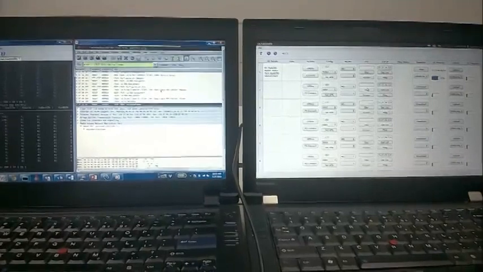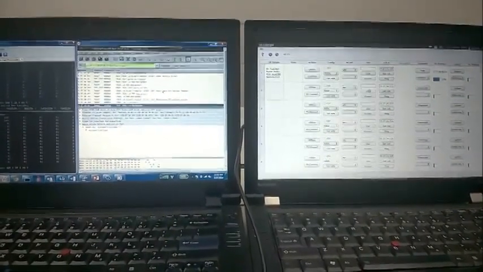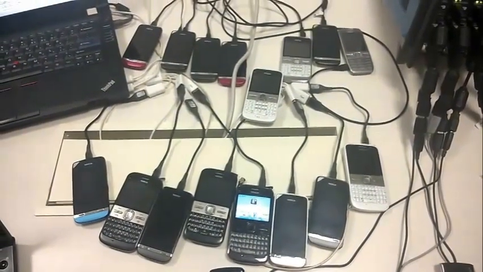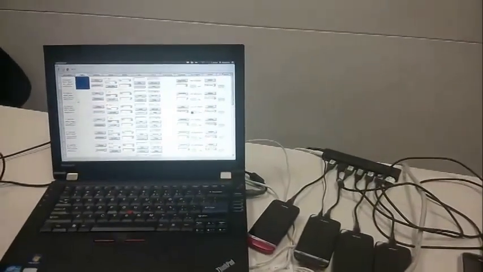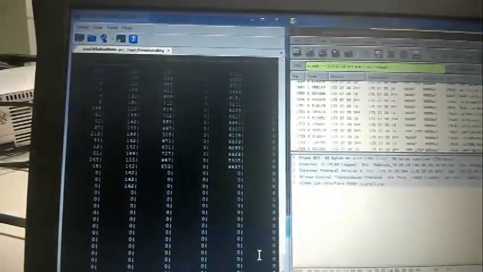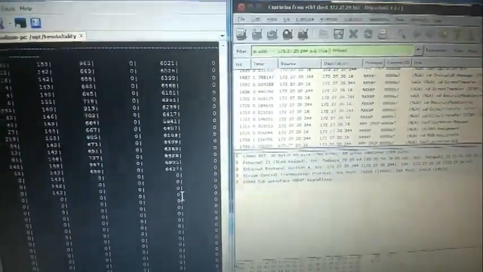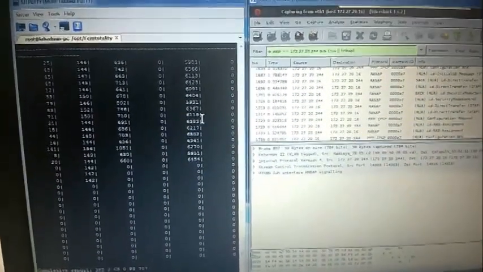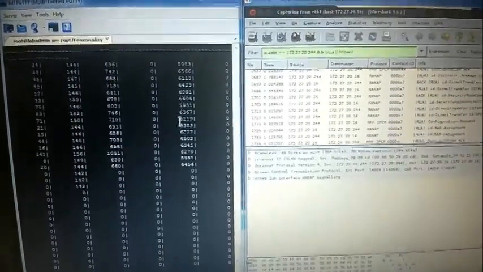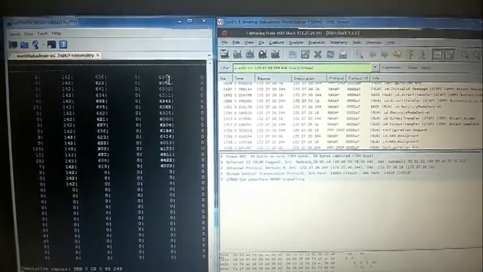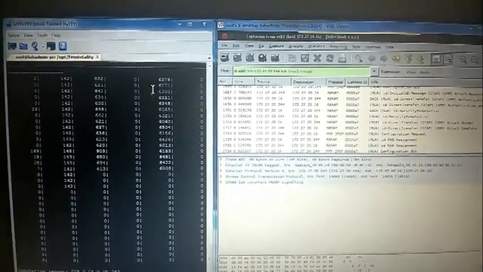In the same way, we are going to demonstrate 24 HSDPA calls on 3G femto solution. These are the 16 mobiles which are connected to the automation tool, and HSDPA calls are triggered with the help of that. The same thing can be verified on the console log from this column. This column indicates number of HSDPA calls active at this time. As 16 HSDPA calls were triggered, we can see the same on the console log from this column.